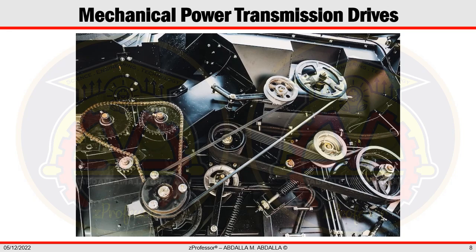A flexible intermediate element such as a belt or a chain sits between the driving and the driven shaft in a flexible drive. The translational motion of the belt or chain is first changed from the rotating motion of the driving shaft to the rotating motion of the driven shaft, and then the reverse is done.